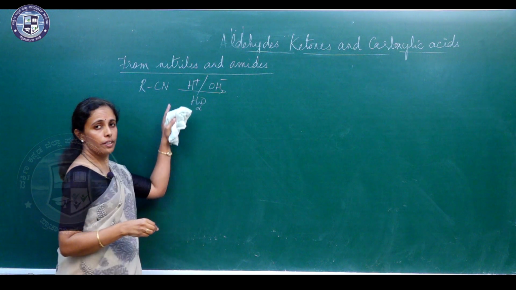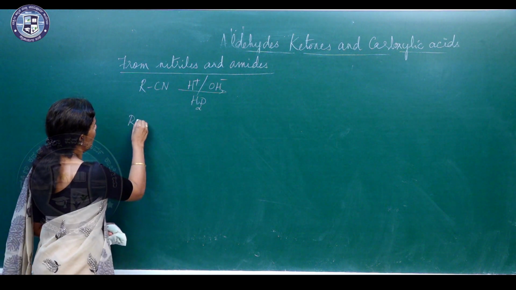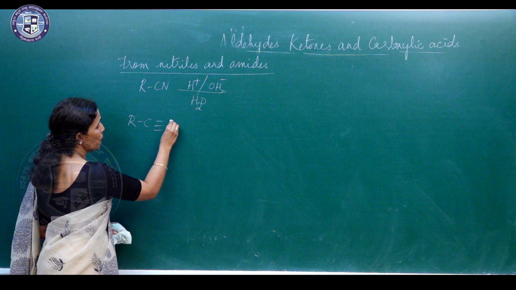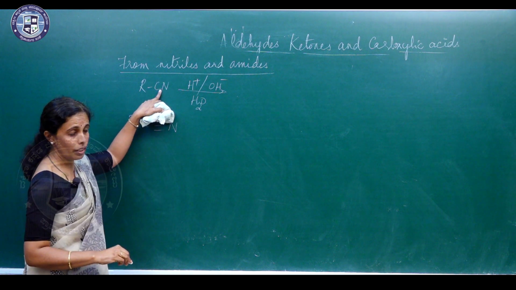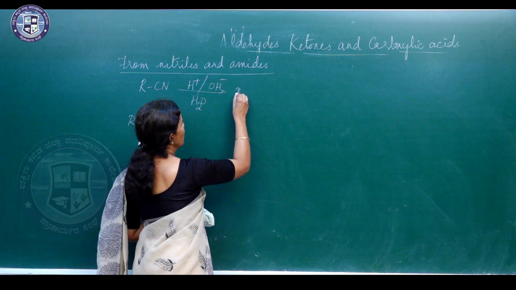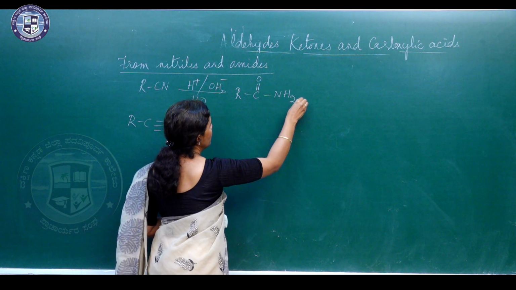You can use either an acid or a base as catalyst. So, what happens is the RC, there is a triple bond between the carbon and the nitrogen atom. So, this bond is going to break here. So, it forms an amide, RC double bond O NH2. An amide is formed